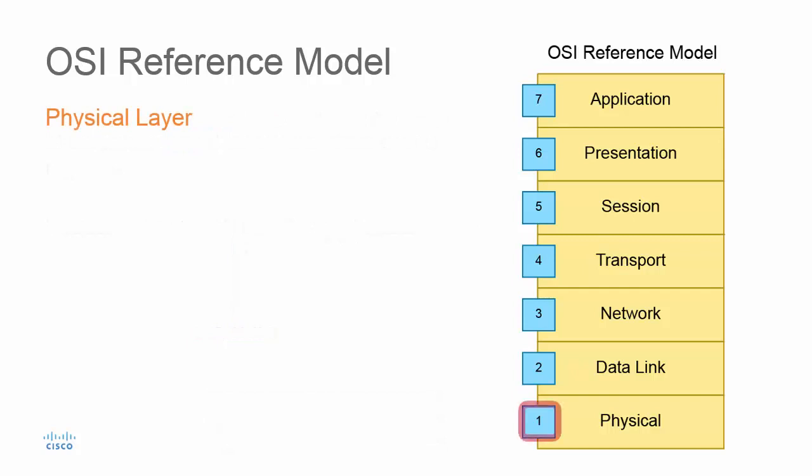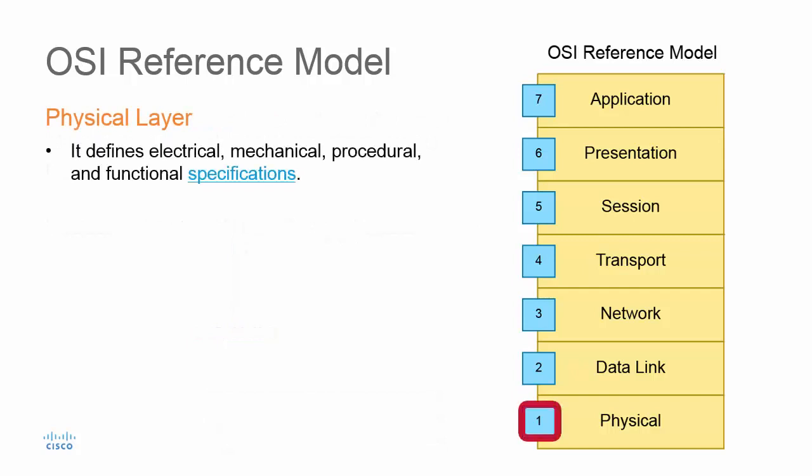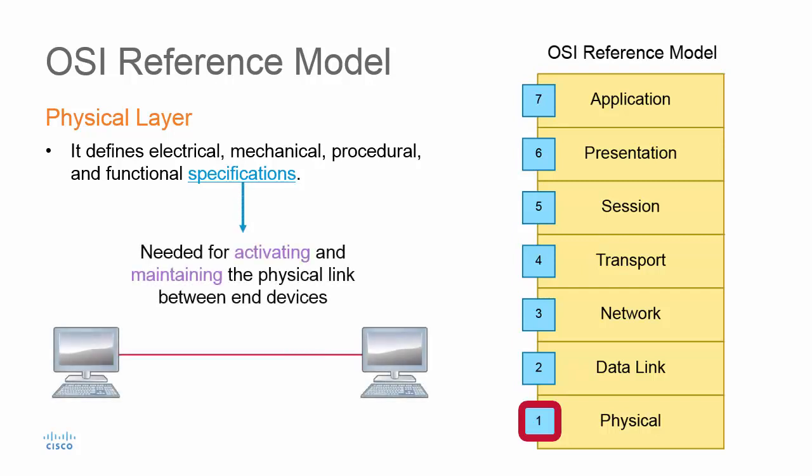The first one is the physical layer. This layer defines the very basics when it comes to networks. For example, voltage levels, timings of voltage changes, physical data rates, maximum transmission distances, physical connectors, and other similar attributes. And you need these specifications to define the actual signals, connectors, cables, and so on so that you get the